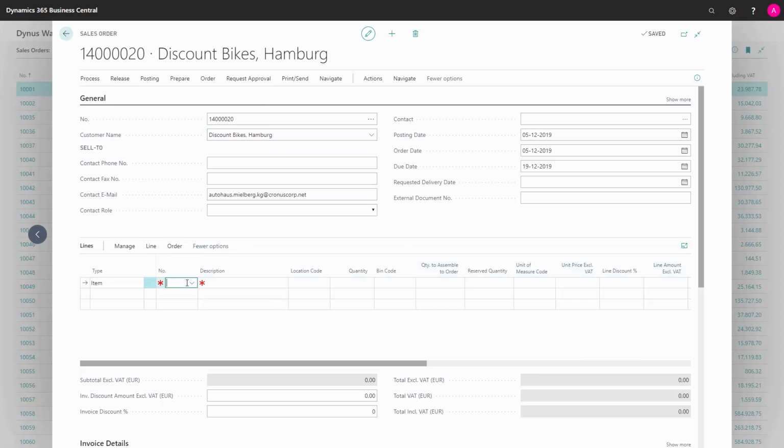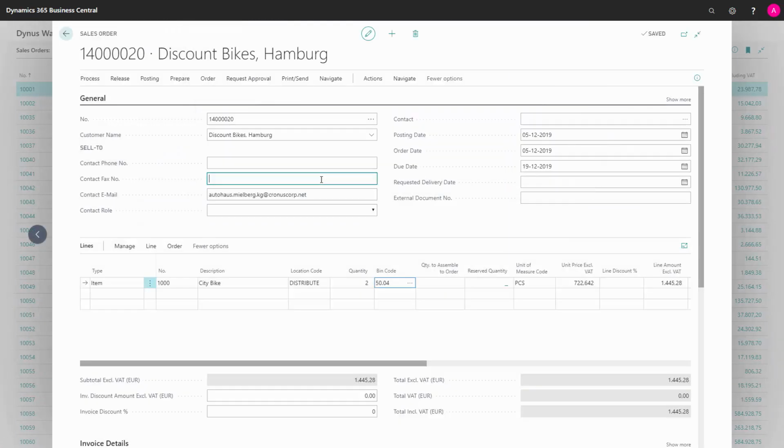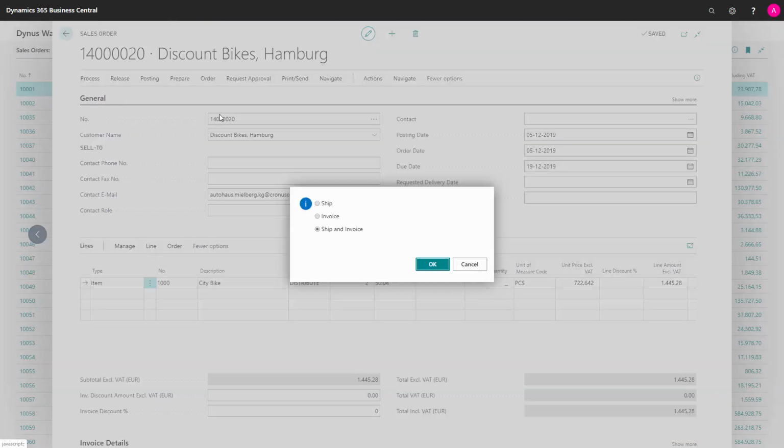And be aware in this scenario, when I enter my item number, it's actually possible on this location code to enter quantity directly on the sales line without creating a pick, changing the bin code. So this is a fast way of creating the order if I'm not going to perform the pick. So with this scenario, this is possible.